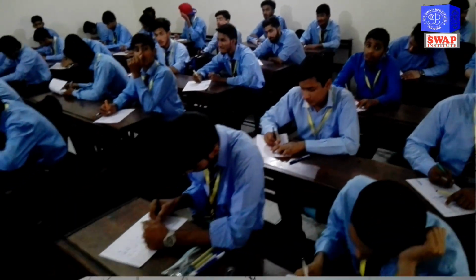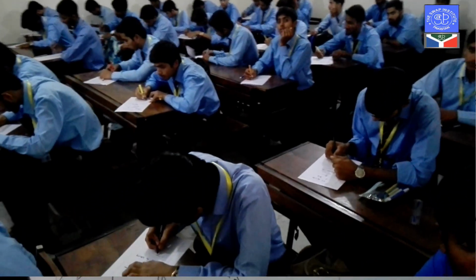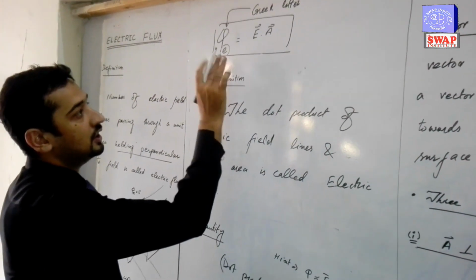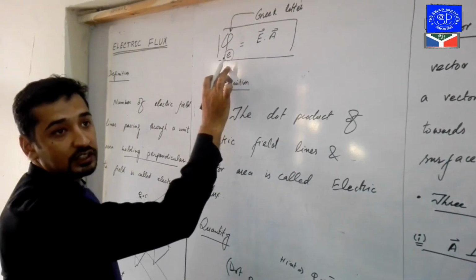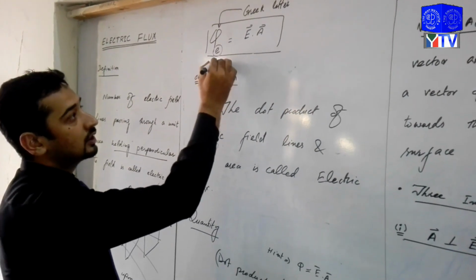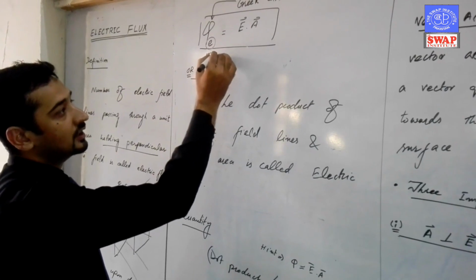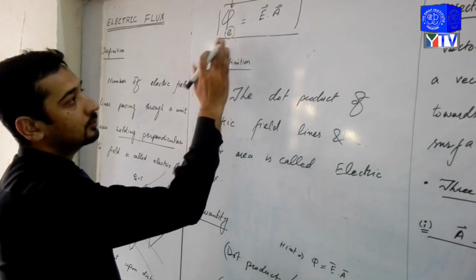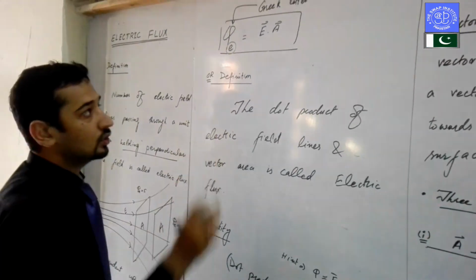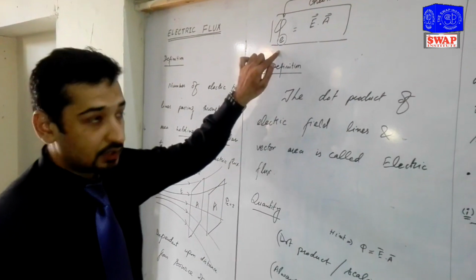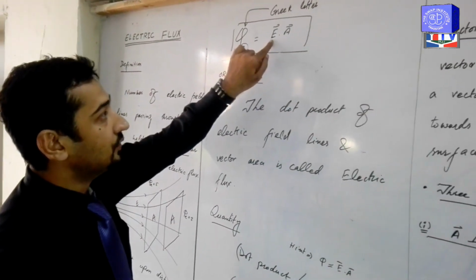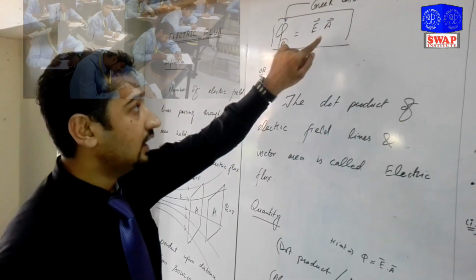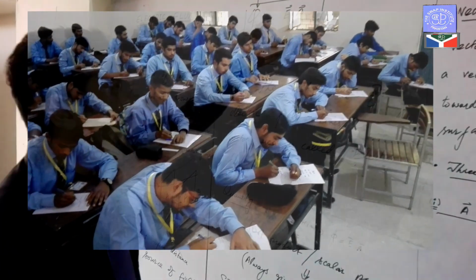So basically this is the electric flux phi. Phi is the Greek letter, and the subscript E represents the electric flux. In the case of magnetic flux we will use M, or in some other books B, in the case of magnetic field. But now I am discussing the electric flux, so E is the subscript here, which is equal to electric field and unit area, vector area. Here A is vector area.